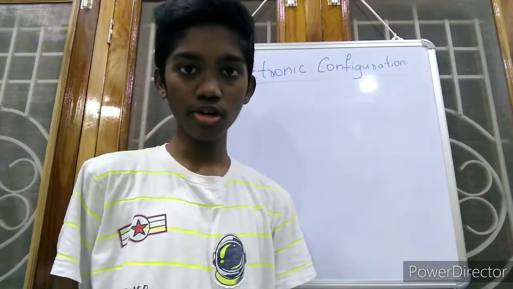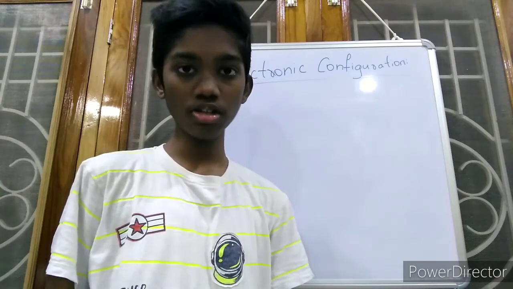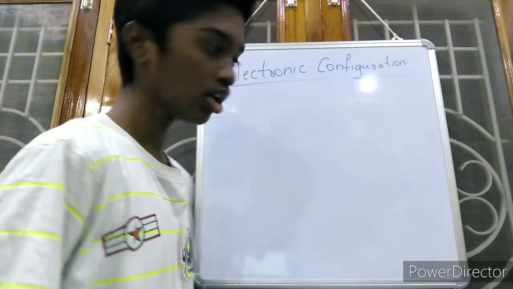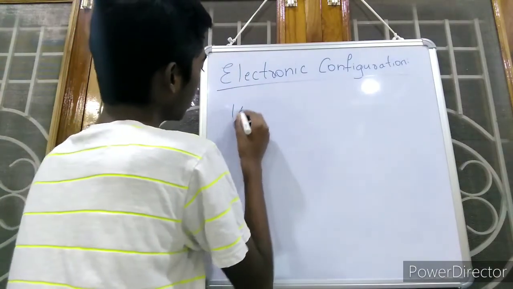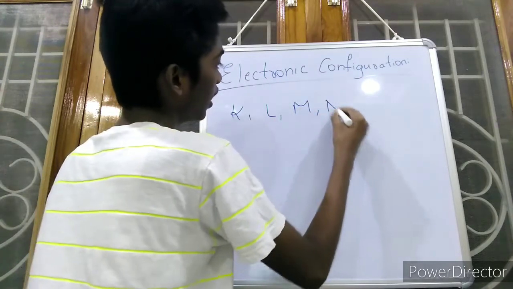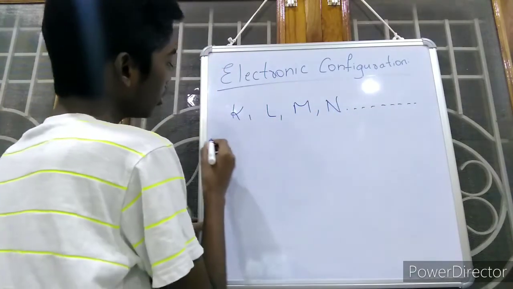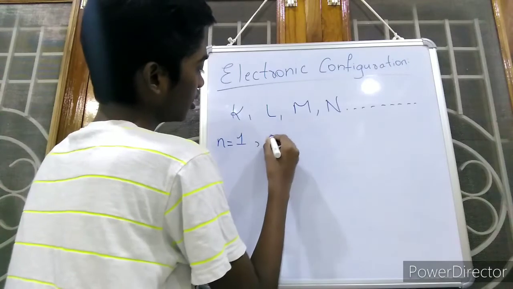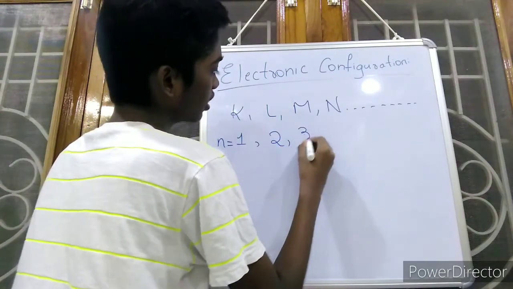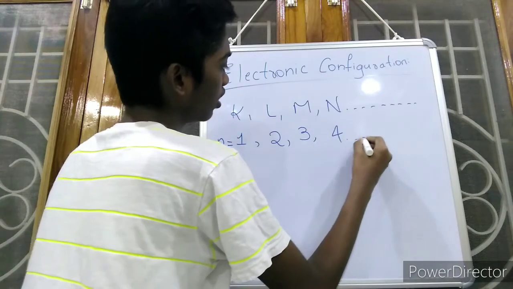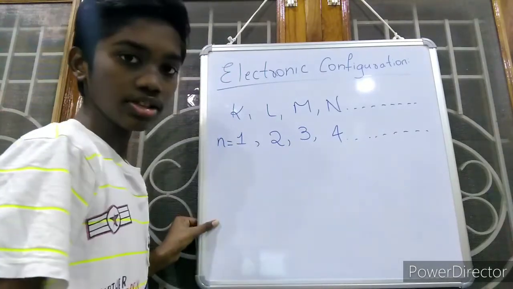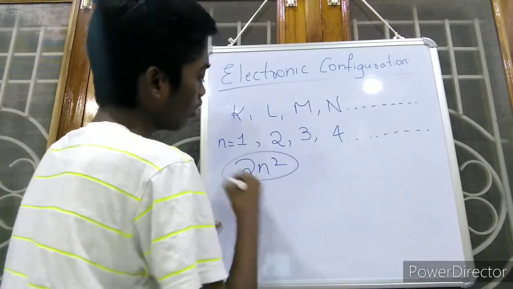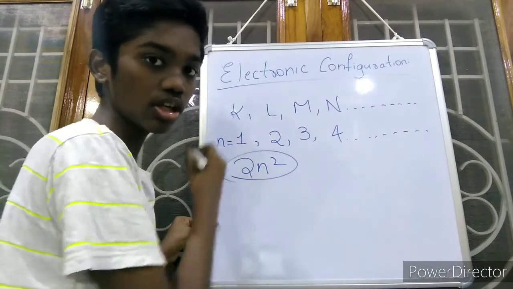We have seen the capacity of holding electrons by subshells or orbitals of an atom. Now let us see the capacity of holding electrons by orbits or shells of an atom. We know that the orbits or shells of an atom are K, L, M and N and so on. n equals 1 is the K shell or first orbit, L is the second shell, M is the third shell and N is the fourth shell and so on. The capacity of holding electrons by these shells is given by the formula 2n square. With this formula we can find the capacity of holding electrons by those shells or orbits.